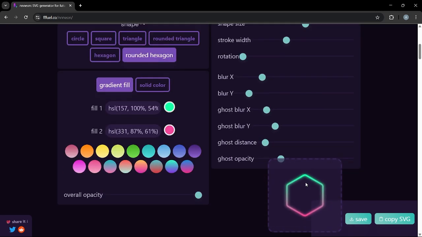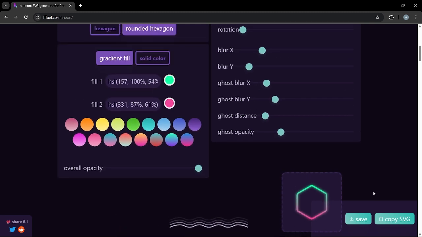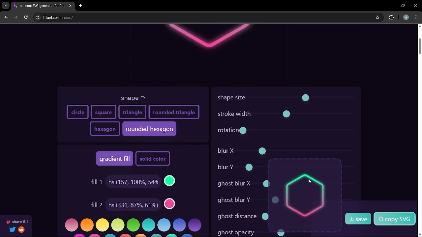Once you are done with it, you need to scroll down, or you can see just simply over this right bottom corner, you can directly copy the SVG code to your clipboard and directly use it